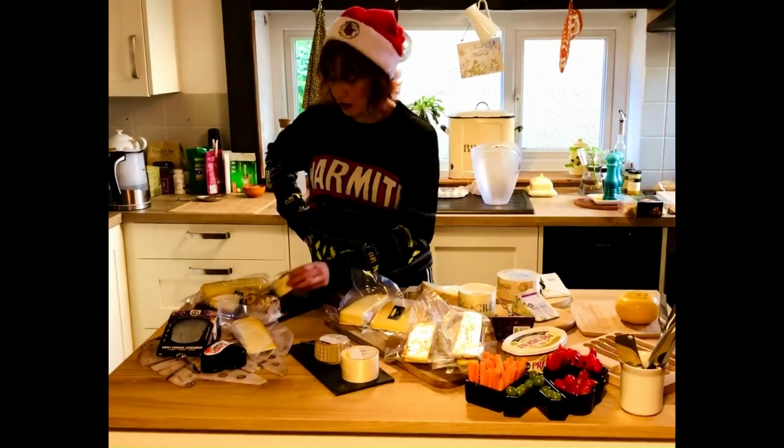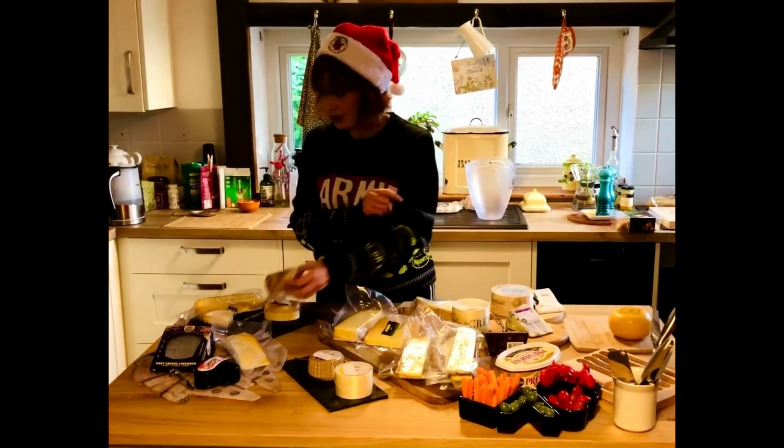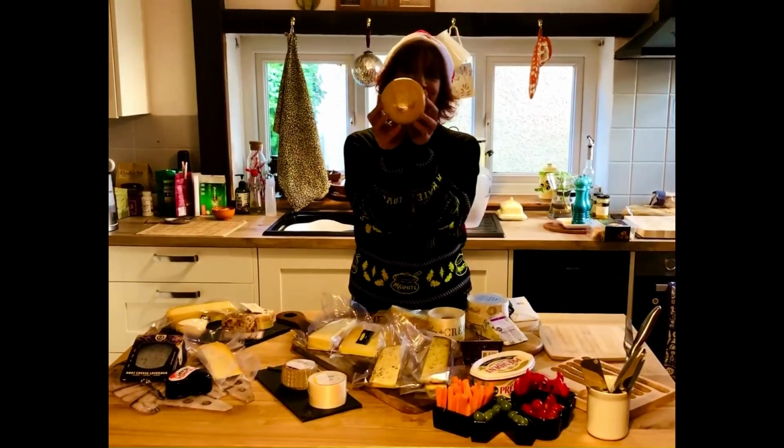We've got, oh, this looks good. I've never had this before. It's a cheese washed in Kirsch. And we've got a goat cheese mille fleur. It's all flower petals on it. It's all looking good. But our absolute star showpiece today is going to be this, which is the cheese we